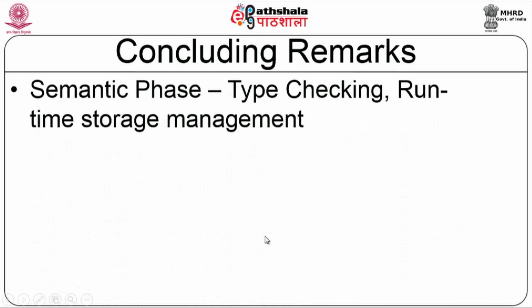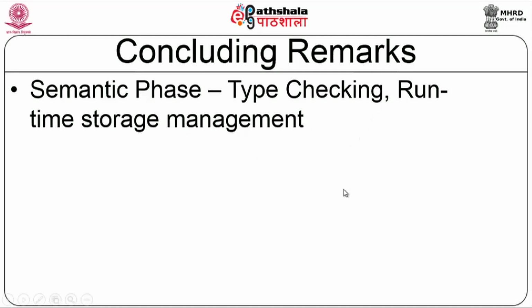And then the third phase was the semantic phase, where type checking of statements was discussed. We looked at constructing a dependency graph, how to assign attributes to variables, and what attributes a particular variable can take. Again, the input to the semantic phase is a syntax tree, and the output would also be a syntax tree that can be represented either as an abstract syntax tree or as a value numbering scheme representation.